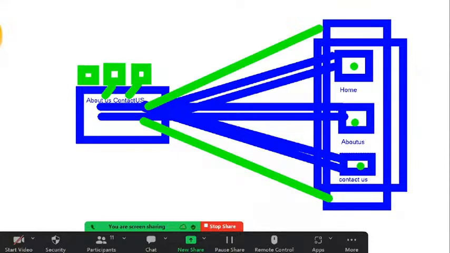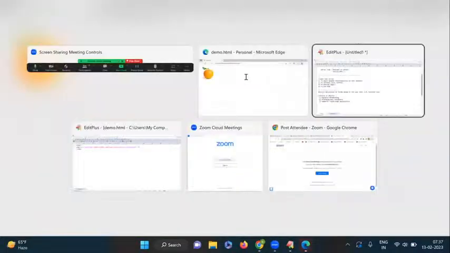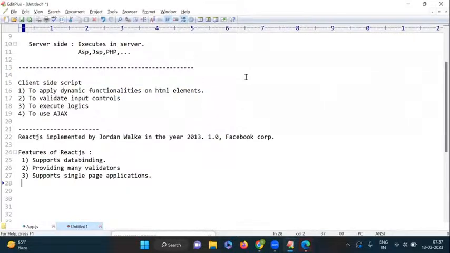While working with single page applications, we cover many topics like authentication, authorization, login, logout. All these concepts we are covering here. So React.js supports the single page application concept. I will explain the programs. For now, we are discussing the features of React.js one by one. Next, it supports